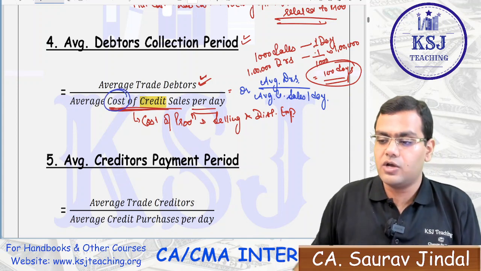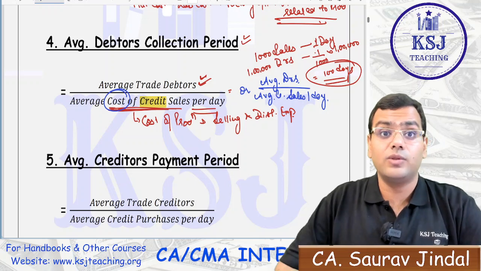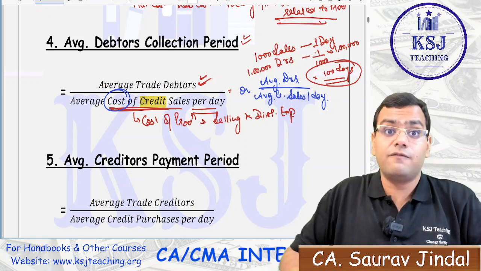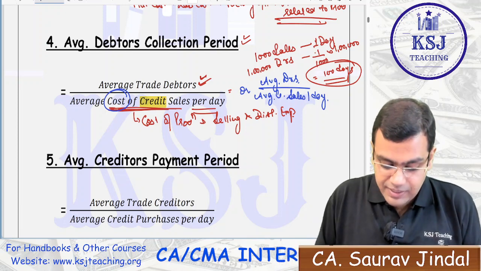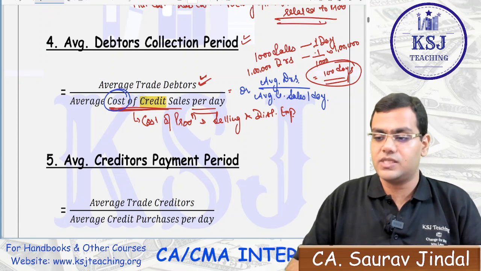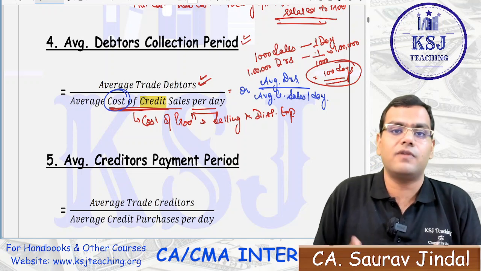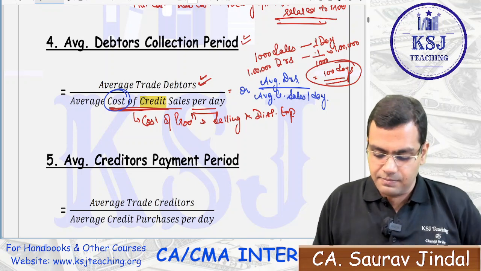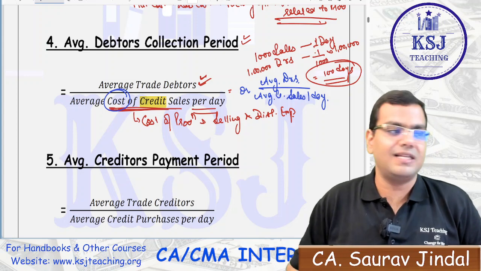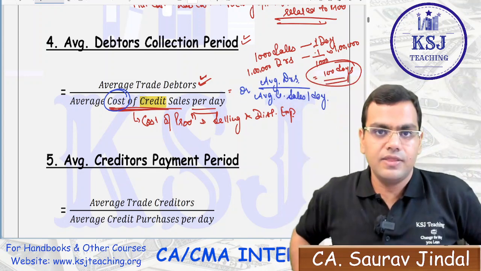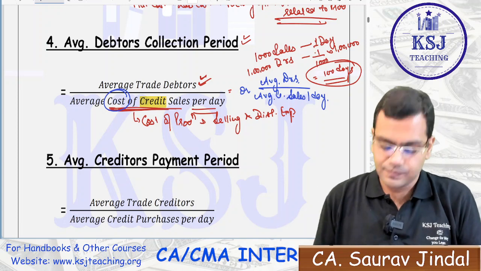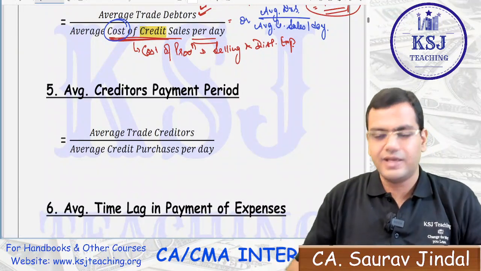Why, sir? Because the working capital is required to the extent the amount is invested, right? So what is invested from our pocket? The investment is the cost that we have invested, right? The profit is not invested from our pocket, sir. Simple logic, right? But there can be a question where the cost of credit sales calculation is not feasible. The credit sales is there, so you can directly take the credit sales in that case, right? So I'm covering all the aspects here.